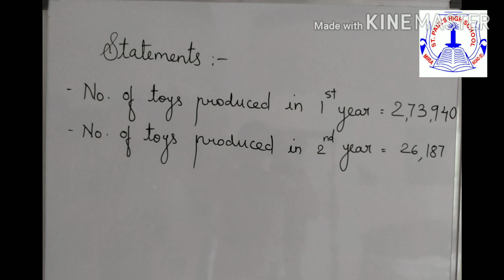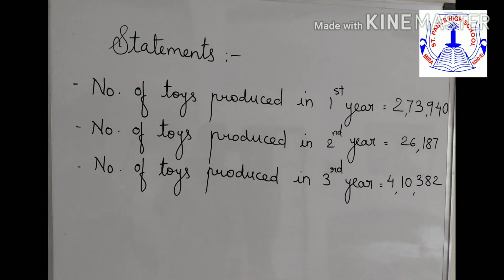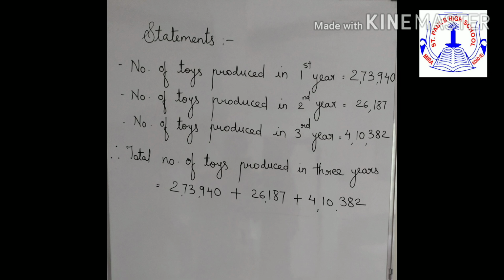Third statement will be number of toys produced in the third year, which is equal to 4,10,382. Now we have to find out the total production of the factory in 3 years. So we are going to add all these three numbers. So we are going to write our fourth statement as total number of toys produced in 3 years, which is equal to